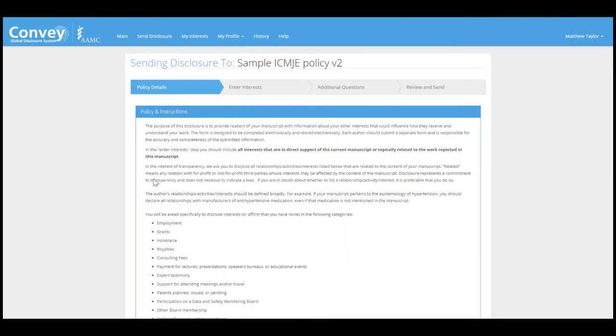Please note that all disclosures within Convey follow the same 4-step submission process. Users must read through the Policy Details tab, complete the Enter Interest tab, complete the Additional Questions tab, and finally review and send their disclosure. The requirements for each step of the submission process, however, are customized by each individual organization in order to meet